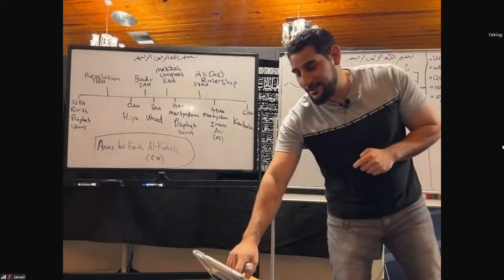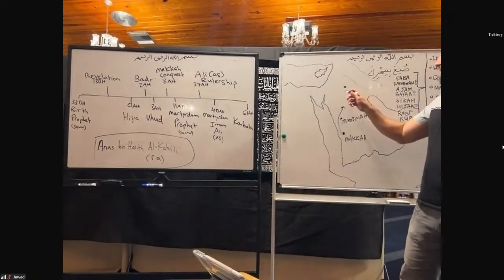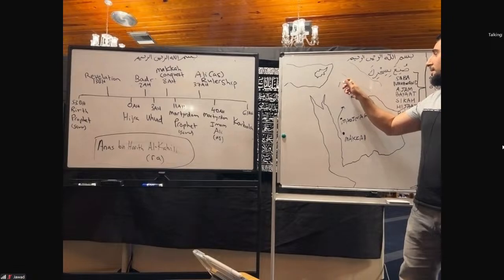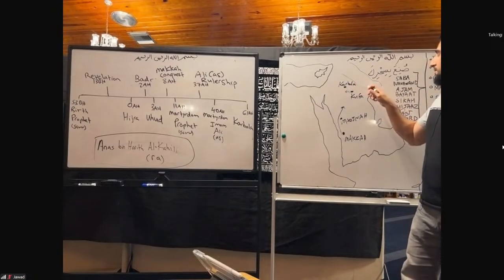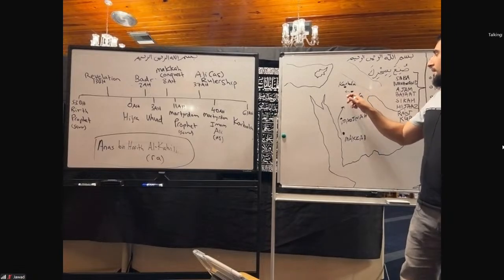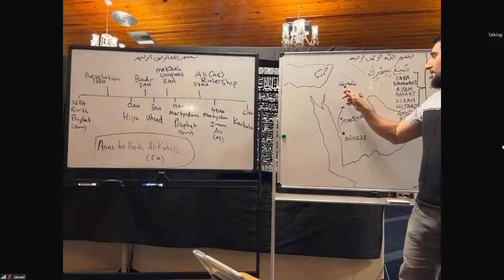So he initially left, and he went to a place, which is, so this is Karbala here. Karbala is up here. This is the Euphrates River, and so this is Kufa. So Imam Hussein alayhi salam comes over here, and then they blockade him, so he has to go this way. So where Anas went, he went to a place which was on the path of Imam Hussein alayhi salam. It's called